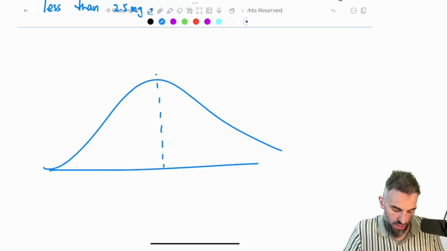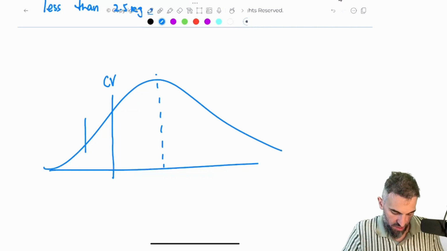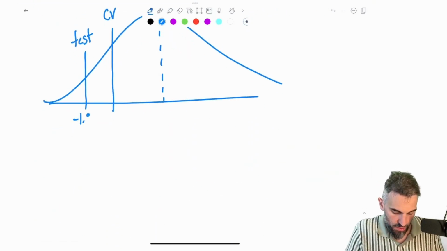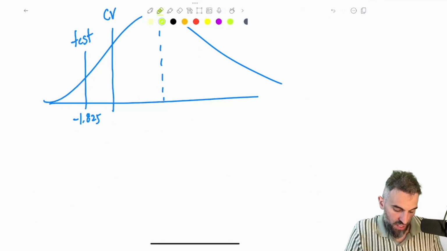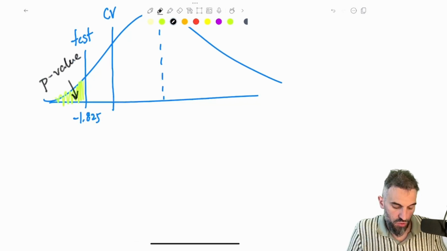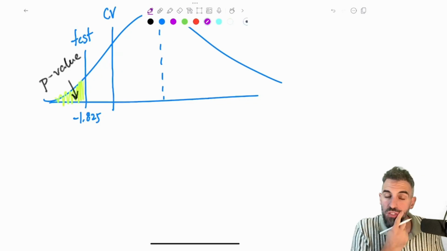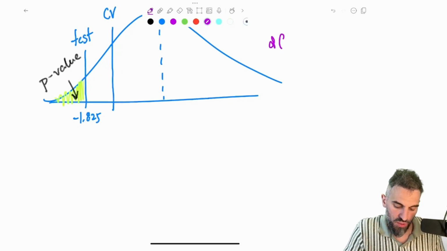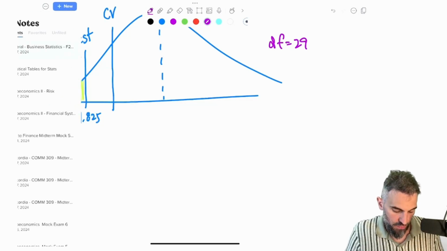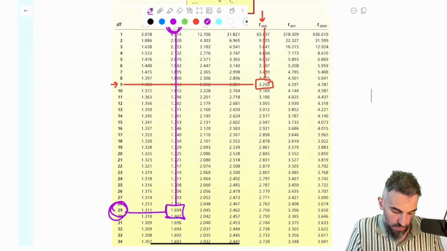The p-value, we have our critical value, and then we have our test statistic. Our test statistic was negative 1.825. The p-value is the area that is beyond your test statistic. That area there, that's called the p-value. So the way that you find it with the t-table is like this. You need to go back to the same degrees of freedom. So we had used 29 degrees of freedom and look for your test statistic. Let me show you what I mean. Go to 29 and look for